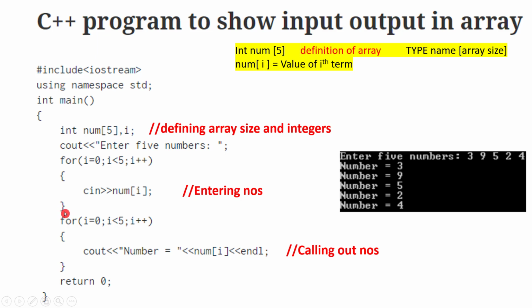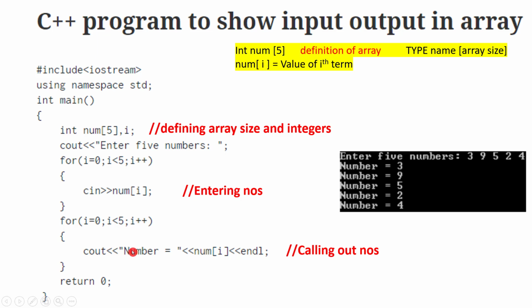Now suppose we want to get the array or get the numbers in this order. This is actually user defined. The user can get it in different ways. As I am showing this output, we will see how this is achieved. Okay, so for i equal to 0, i less than 5, i plus plus, in bracket cout << number. Then in inverted commas, number[i], endl.